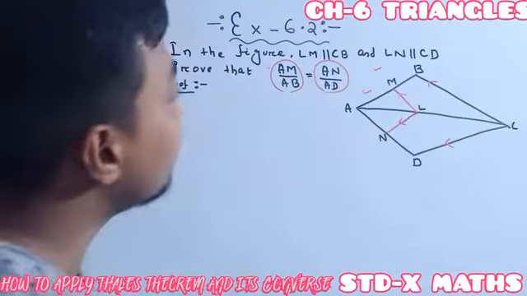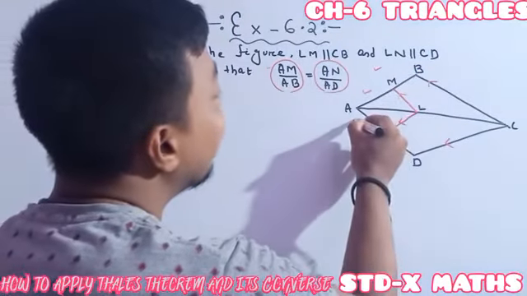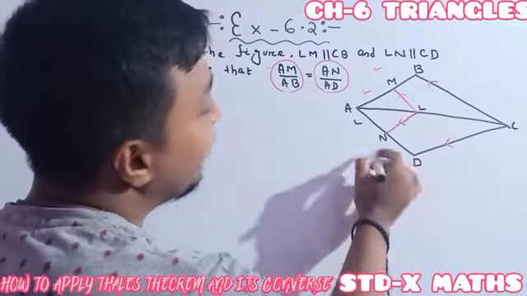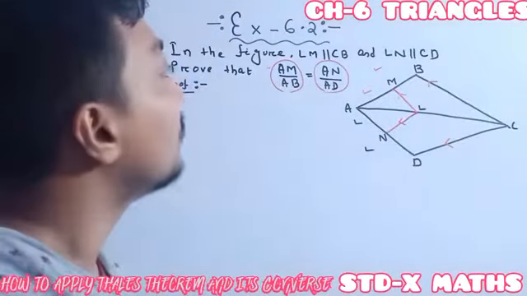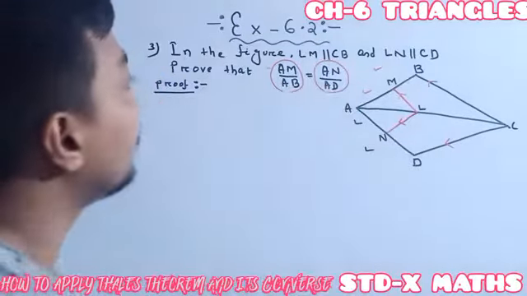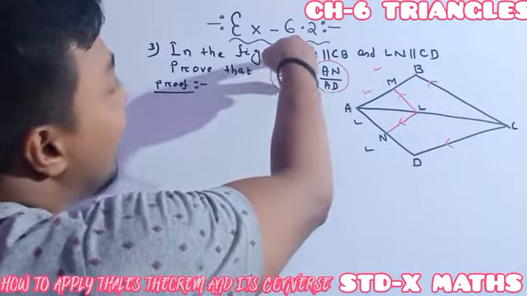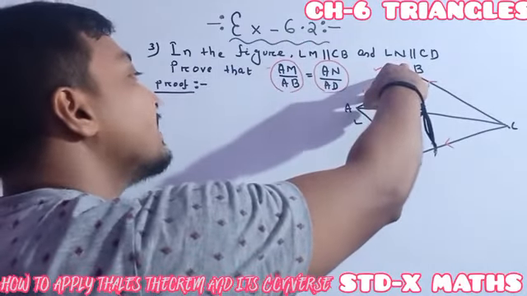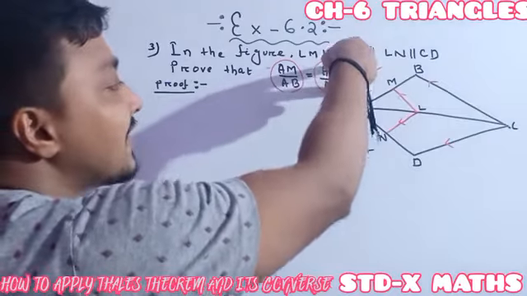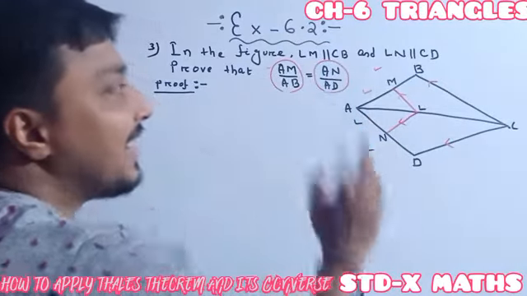Then after you have to check where AN is, the smaller part of this triangle, and AD, the larger part of this side. So which one do I need to prove? In this ratio, both parts are the two parts of this triangle, and in the right-side ratio, both parts are the two parts of this side.